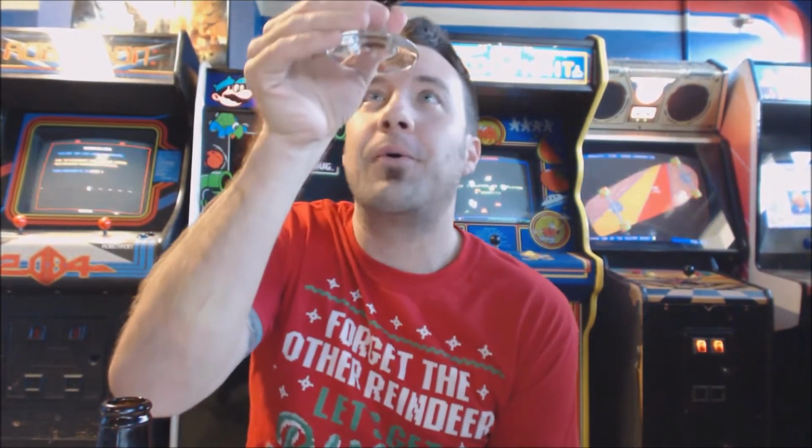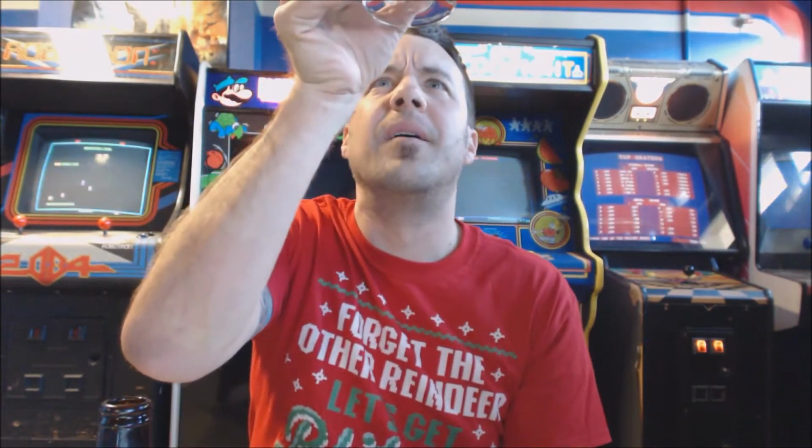So this pour is pitch black. I mean, exactly what you would imagine an Imperial Stout. Maybe a quarter finger head, khaki color. The head dissipated really quickly. We didn't give it too aggressive of a pour. There's a couple little bubbles on the outside of the glass. But yeah, it's jet black. I cannot see through it. I cannot tell the carbonation of this. Stouts usually aren't very carbonated, but the aroma on this one,